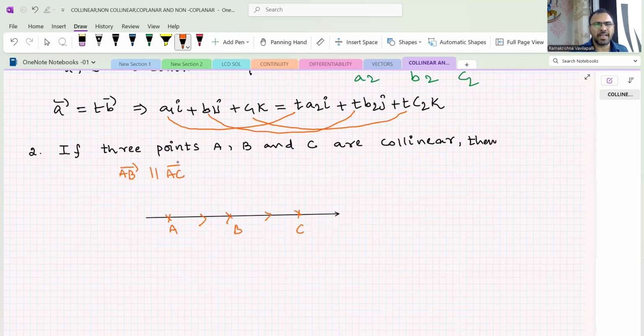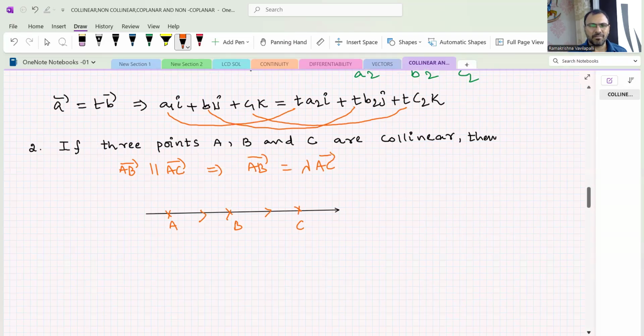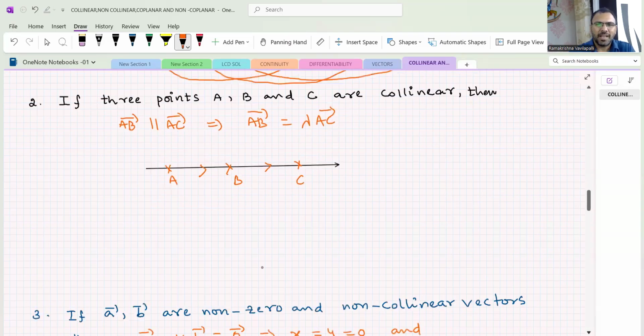Then how do we write that? This implies AB bar is equal to lambda into, you can write any scalar. Remember, this is very, very important. Lambda into AC bar vector. Well, now